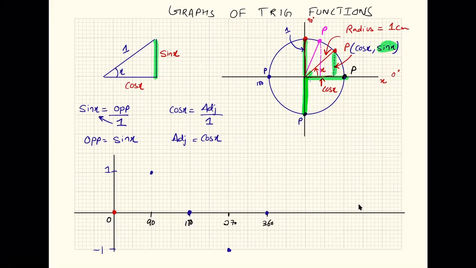The reason I'm doing this is just to give you a basic idea of how the graph of sin x forms. So between 0 and 90 degrees, this height is less than 1, because I know that in a right angle triangle in which the radius, the hypotenuse, is 1, the hypotenuse is always the largest side. So sin x should be less than 1 and cos x should be less than 1. So between 0 and 90 degrees, whatever the height is will be less than 1.